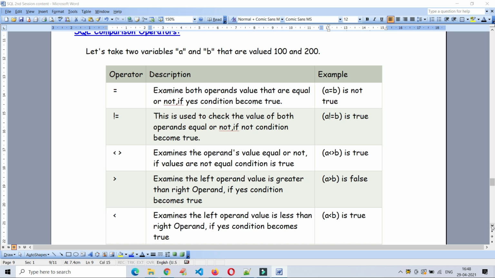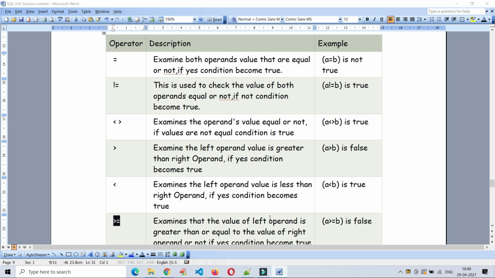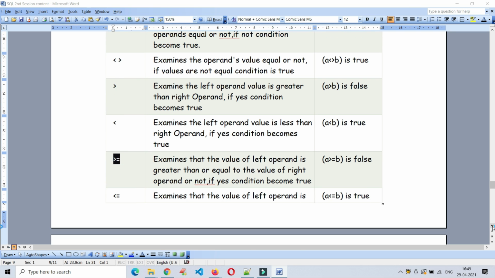This person is behaving the same as that person, this object looks the same as that object, he is working like that person. Nothing but the equal operator, checking the equality. And here, checking the not equality; this is the same as not equality, another way of writing not equal. And here greater than, less than, greater than or equal to, and less than or equal to.